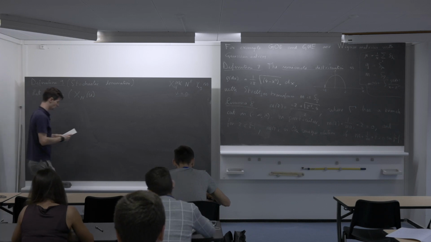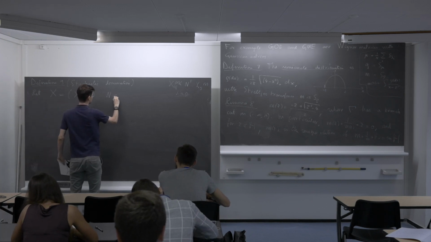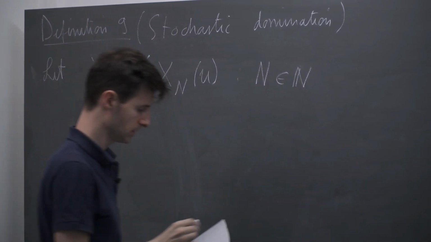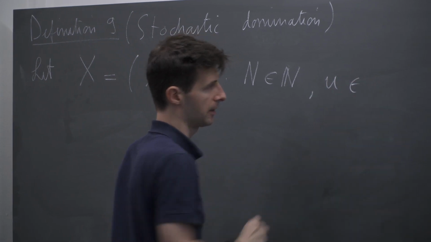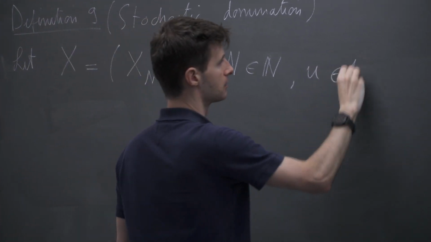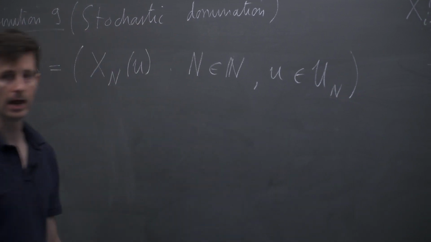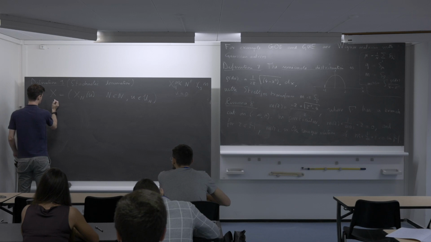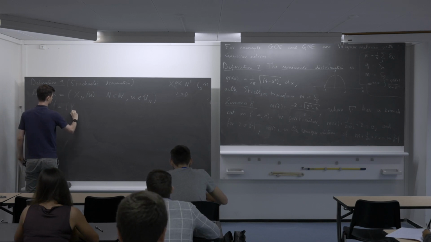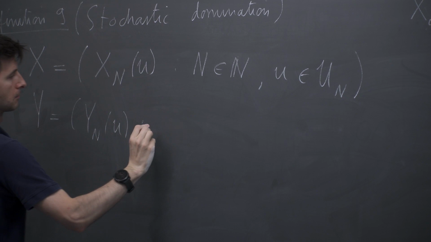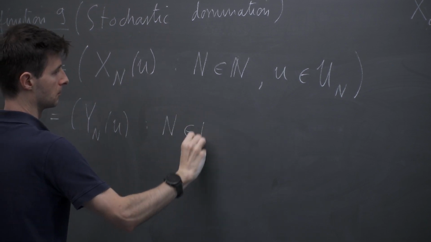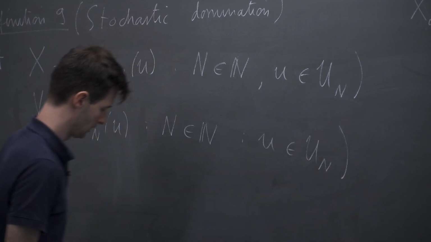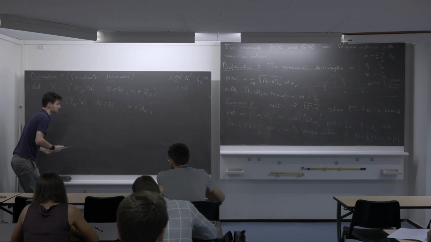argument u. So this is a family of random variables, indexed by n in N, and u in some abstract index set, which can depend on n as well. So this is my X, this is a family X, and then I have a family Y, which are indexed by u and n. So these are families